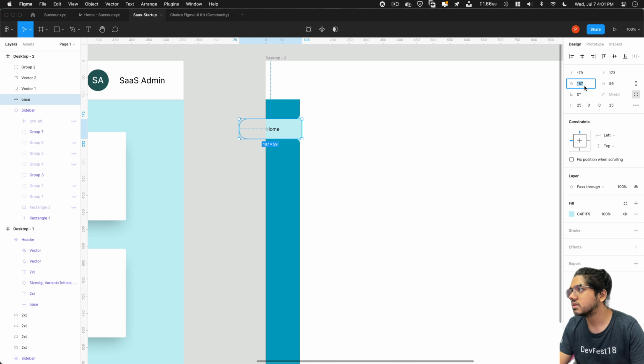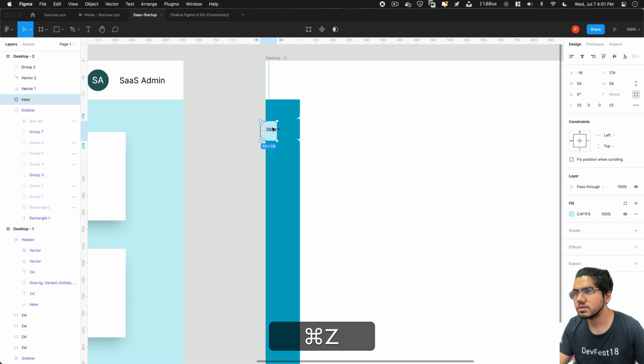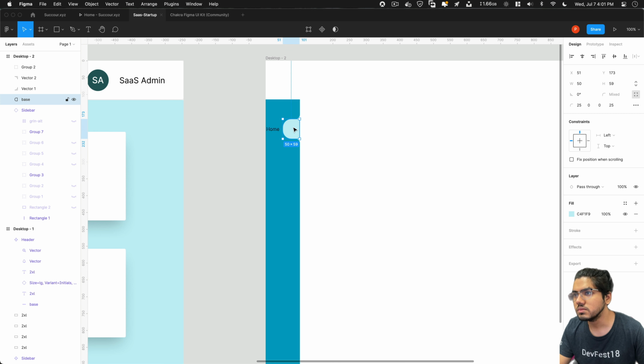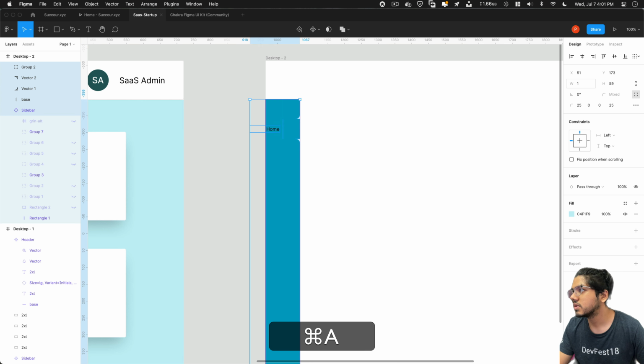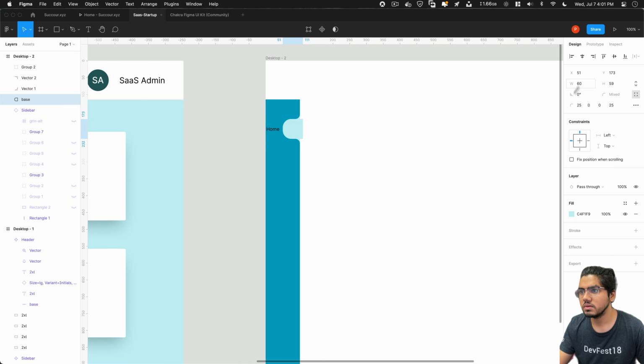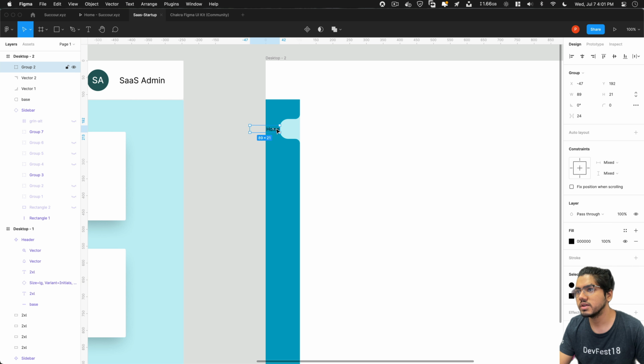Let's make the width 50. I think that should suffice. Yeah. Let's make it a little bit bigger. Let's make it 60. Like that. Yeah, 60 seems to be fine.